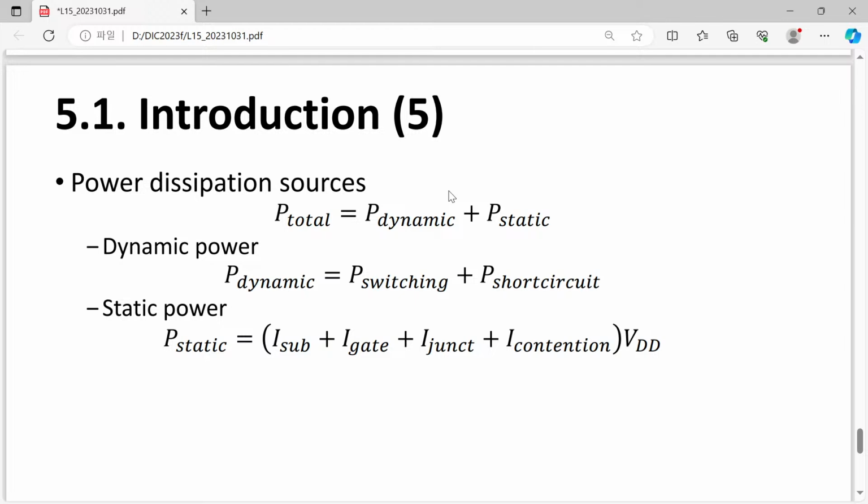Up to now, we have spent a lot of time on switching power consumption, on and off, on and off. And we made an assumption that static power consumption is equal to 0. So the dynamic one is quite important, and the static power consumption of our CMOS inverter or CMOS logic gate is close to zero. Yes, previously it was true, and dynamic power can be given by the sum of our switching power